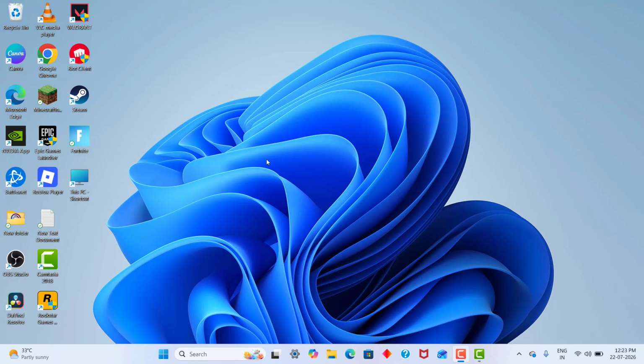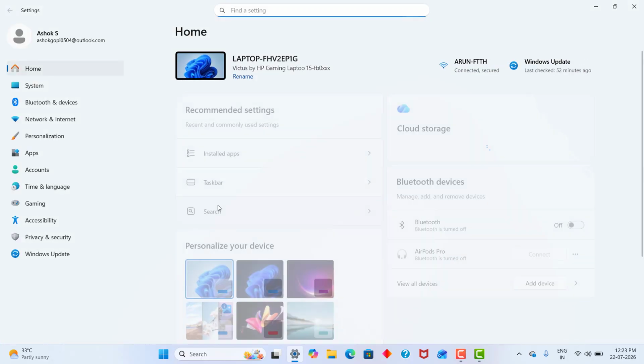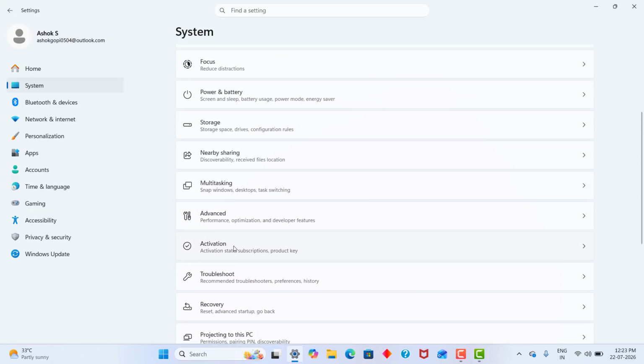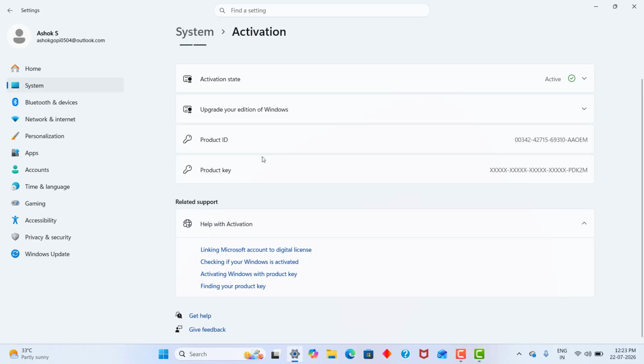How to fix "We cannot activate Windows on this device as we cannot connect to your organization's activation server." Error code 0xC004F074. For this first step, click Settings, click System, click Activation settings, click it, and here you have seen